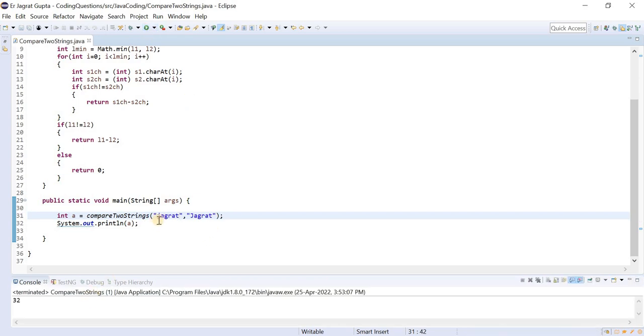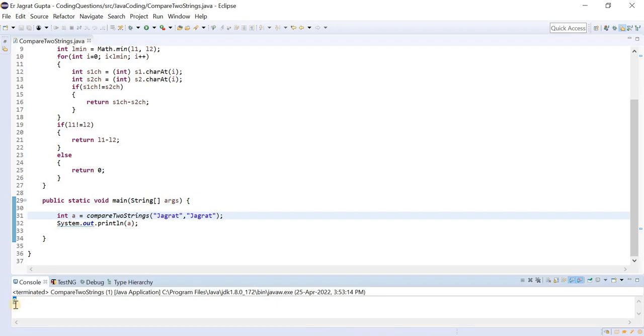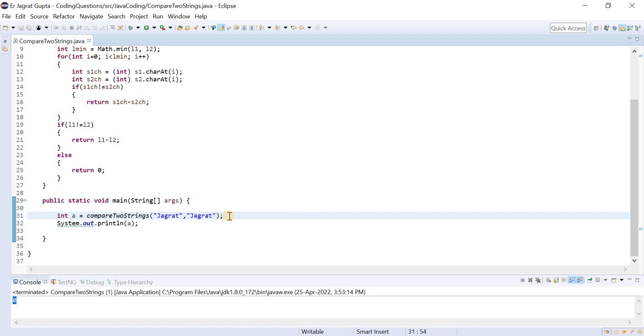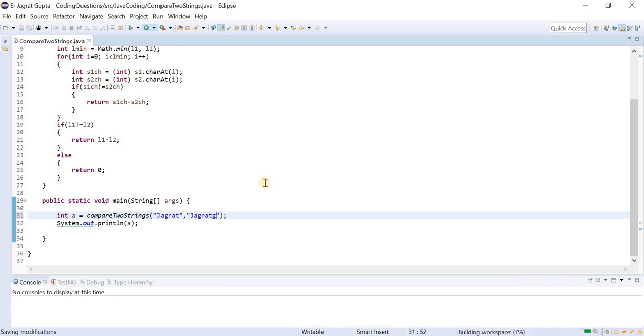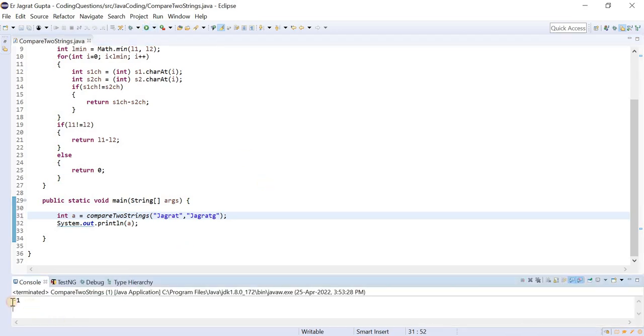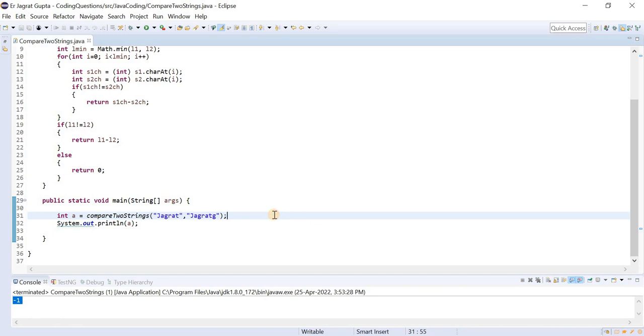You can see that. Now let me change it to this. Now it will return 0, and we can say that the string is equal. You can see the output. Okay, so this is the first thing, and let me check for another thing also. So this is also not equal, because it is not returning 0, so it is also fine.